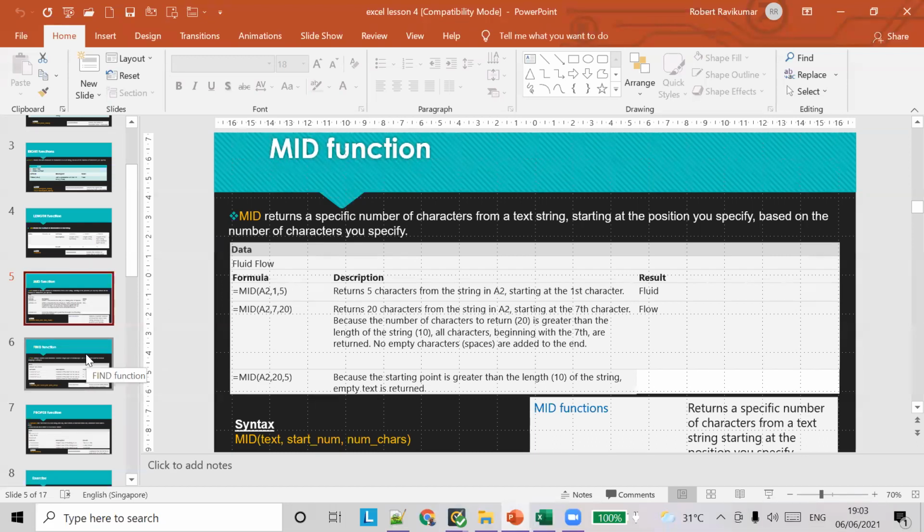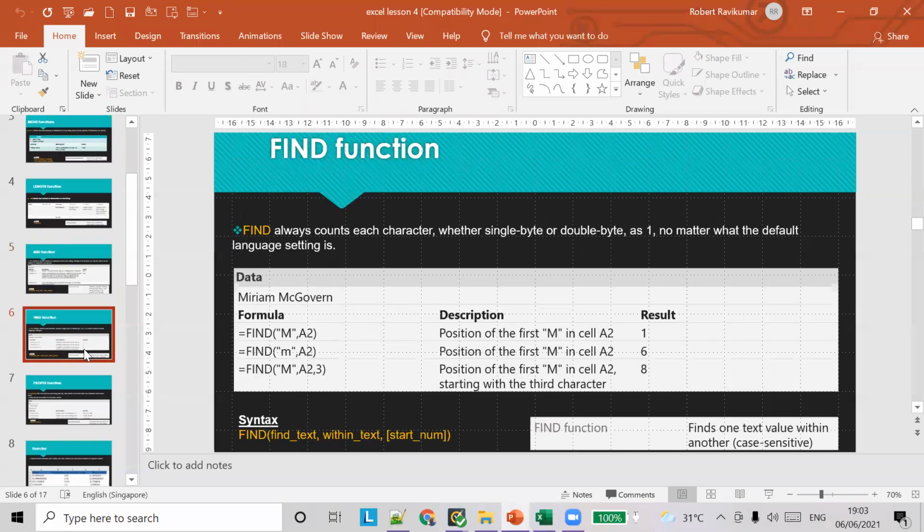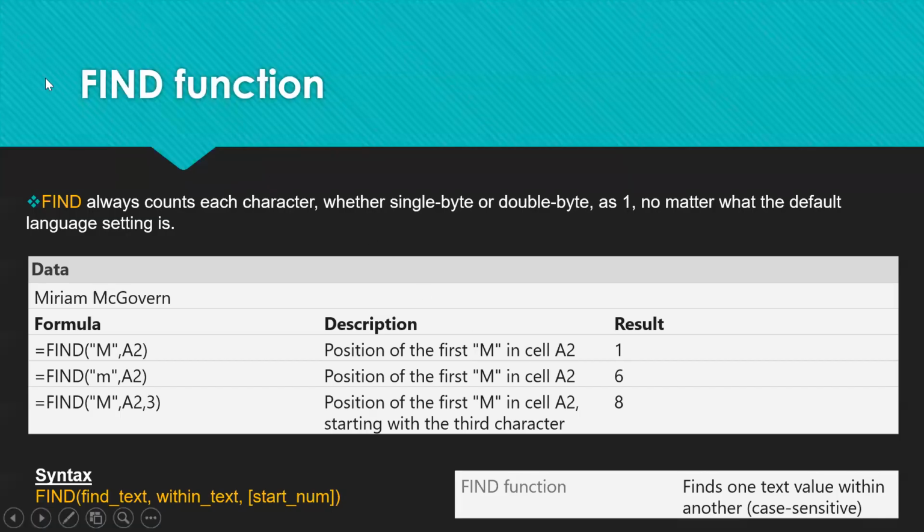So let's move on to the next thing. There is something called the FIND function. FIND always counts each character, whether single byte or double byte, as one, no matter what the language setting is.